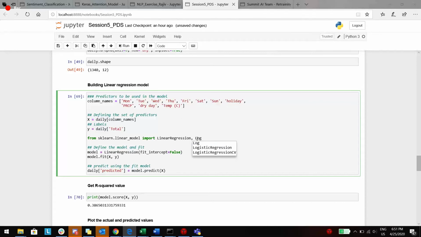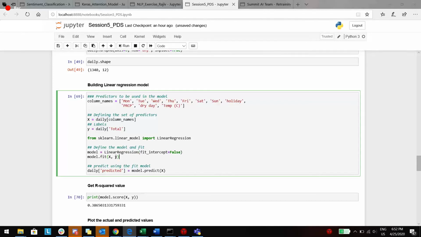Now this is how I call fit: I define my model and assign it LinearRegression. There are two options. By default, fit_intercept is true. Now I'm not fitting my intercept, so basically I'm making an assumption that irrespective of what my intercept is, I'm just fitting the model on my predictors.